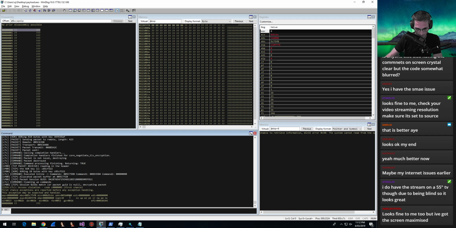Command processing finish, returning true. Ah, returning true. I know what's going on. Does anyone else know what's going on? Because I know what's going on. Why is it crashing? When it closes the thread. Yes, that's exactly what it is. Because this, remember, is bailing. It's basically going to exit at this point and then return. But we don't have all of the thread-related shenanigans in place. So